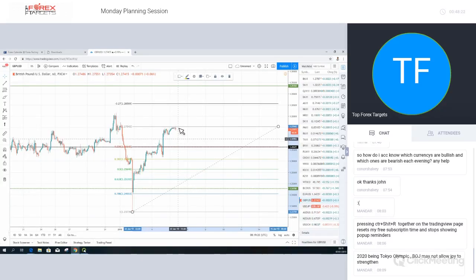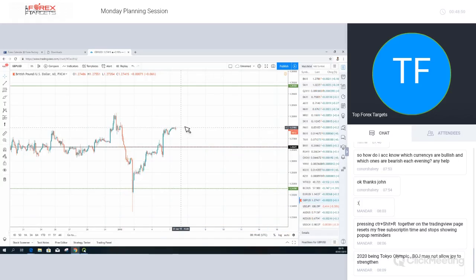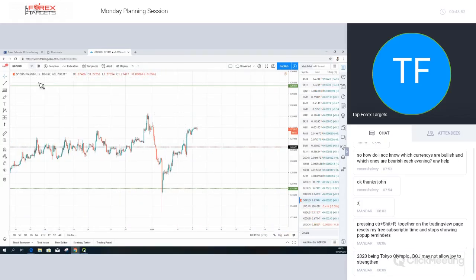So the problem you can see here is if we do break down below the 1.26629 and we come to the 50 and the 618, we're actually going to be negating the reason for being in this trade or looking for this, because we're above the 1.26629. If we're above the 1.26629, we're looking for bullish patterns, and if we're below it, we're looking for the opposite. So by definition, if we're below the 1.26629, we can't be looking to buy in around the 50 or the 618.